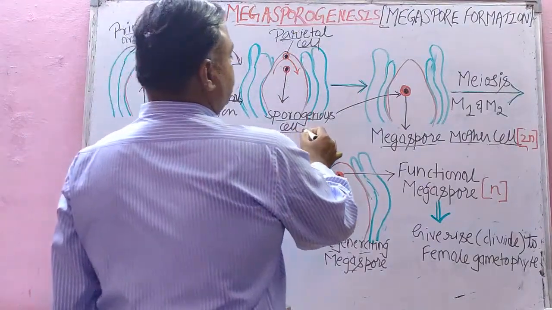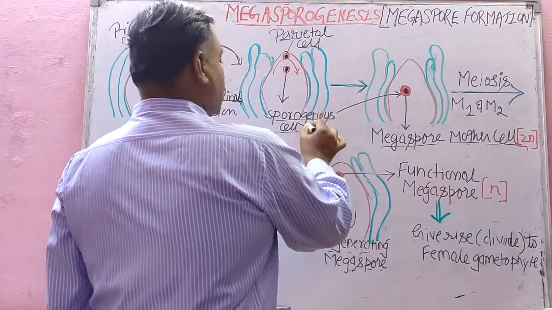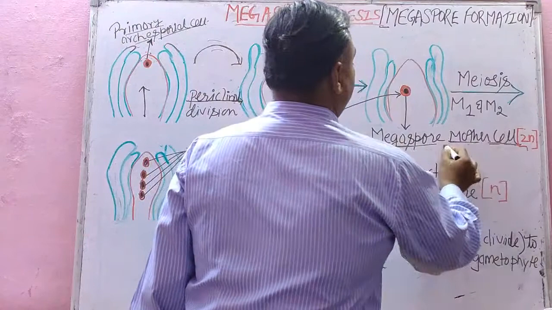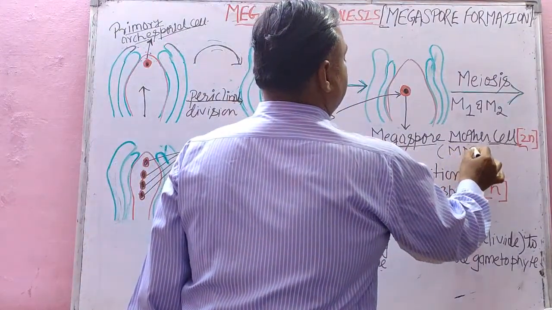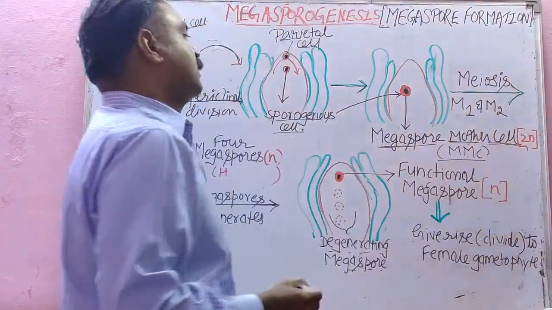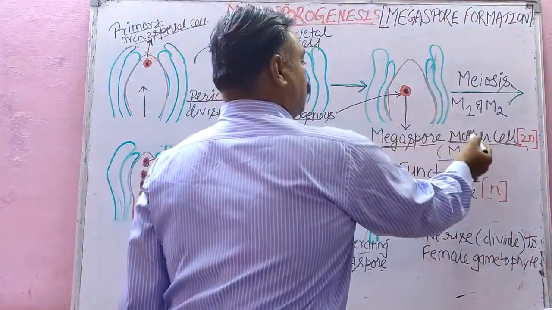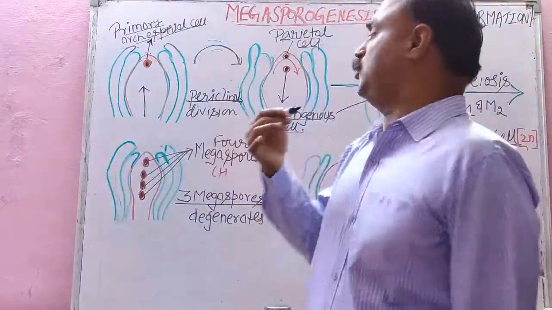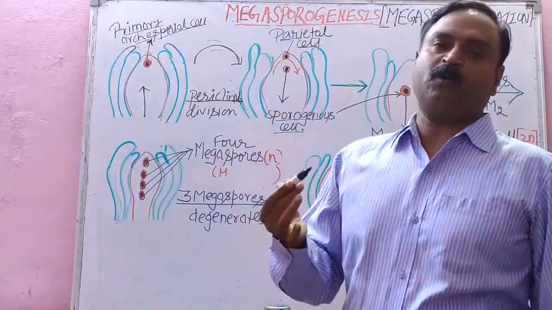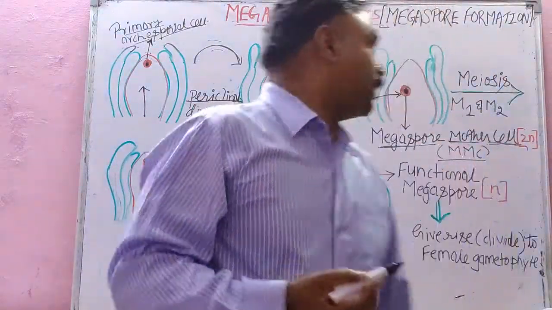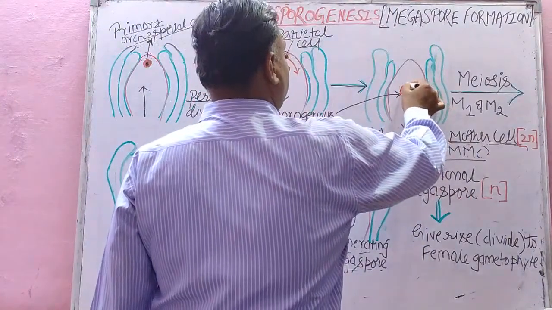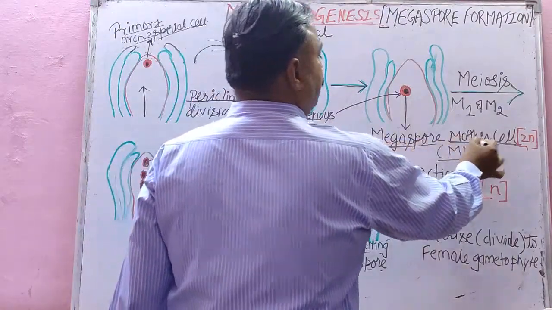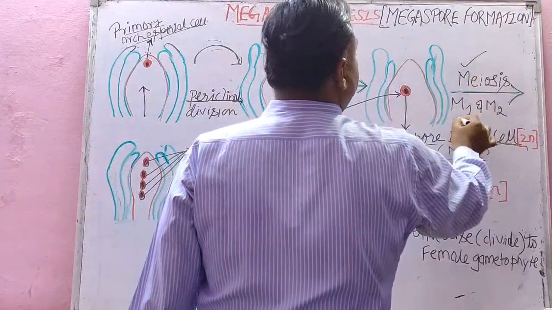Now in the next stage, after a short duration, this sporogenous cell behaves like a megaspore mother cell, MMC. As the name suggests, when the megaspore mother cell divides by meiosis, it will give rise to megaspore cells. So the sporogenous cell behaves like the megaspore mother cell, and that will go through meiosis division, that is meiosis 1,